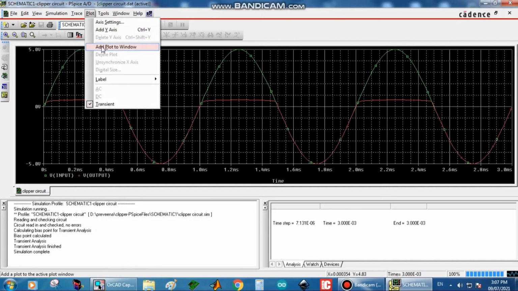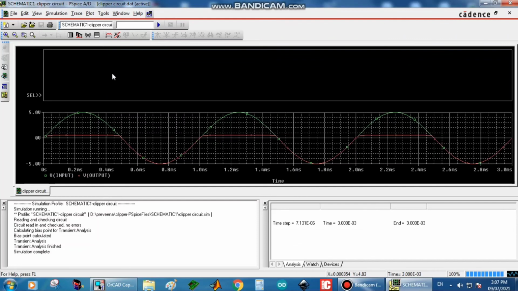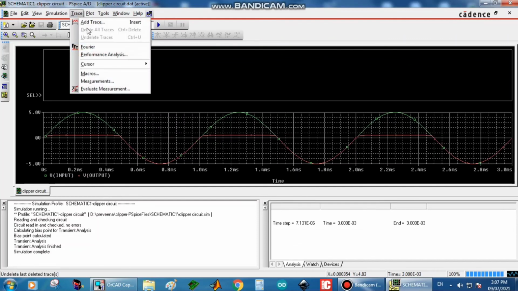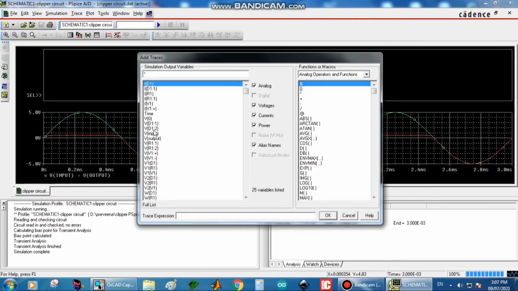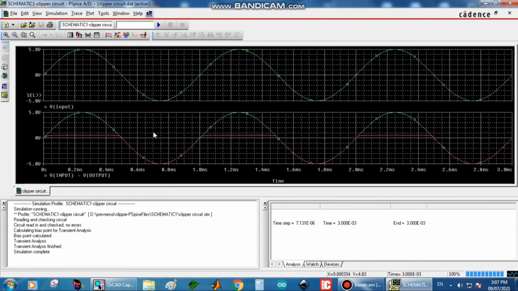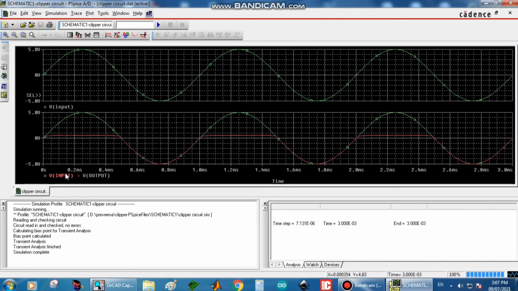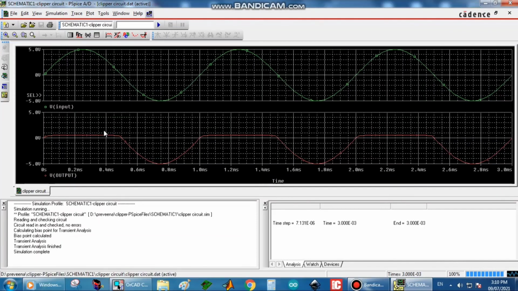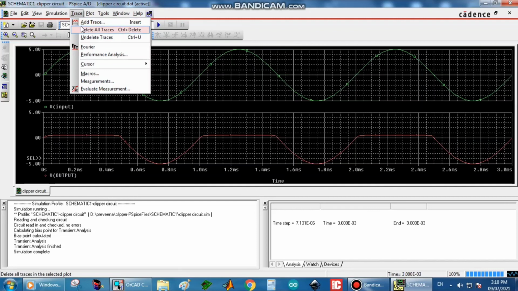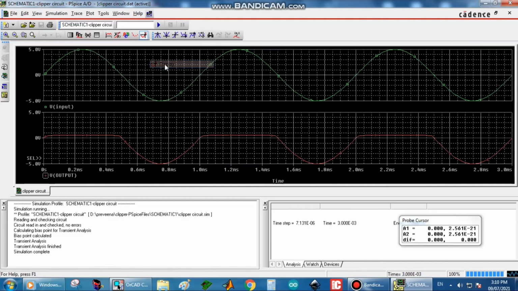Now here also you can see the points on the waveform. Before that you have to split this input and output into separate windows. So go to plot and separate windows, then trace, add to plot, then V input is on the separate plot. You can find a particular point on the output waveform. For that click on trace and then cursor, display, and then click on the particular point on the output waveform, then click on that tool, so that the output waveform value will be appearing there.